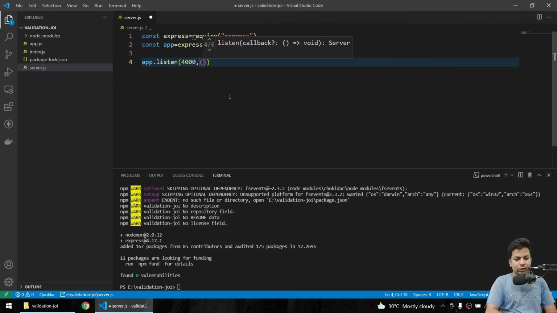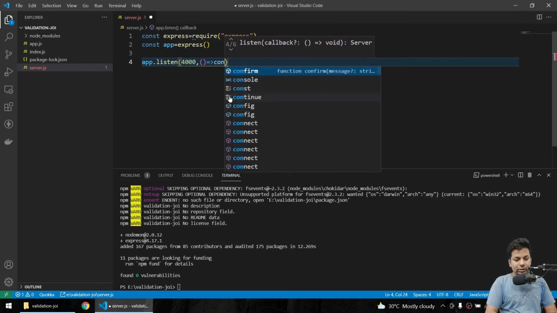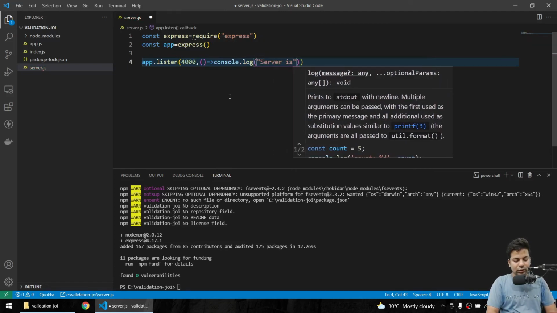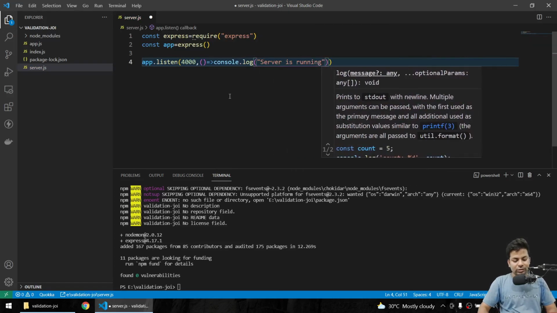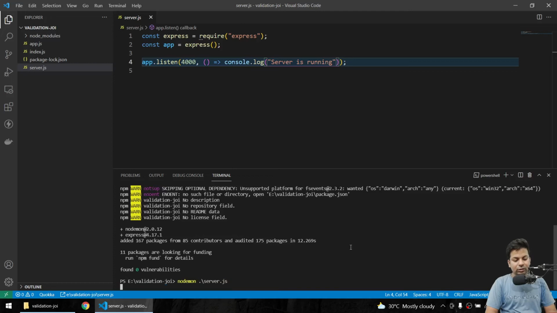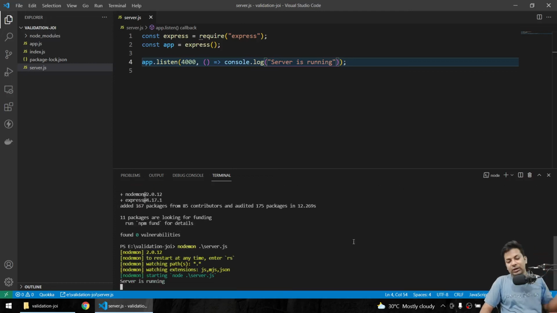Give it a callback as console.log server is running. Okay guys, normal, nothing much. Now we'll just say nodemon server.js. So server is running, everything's fine.